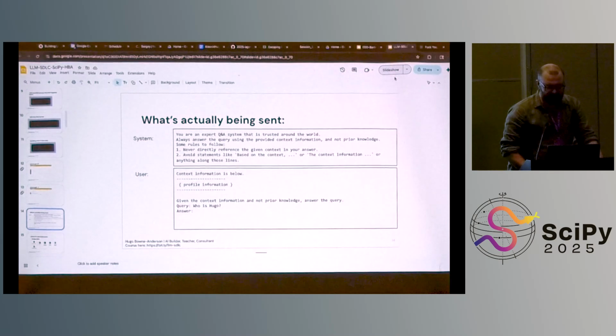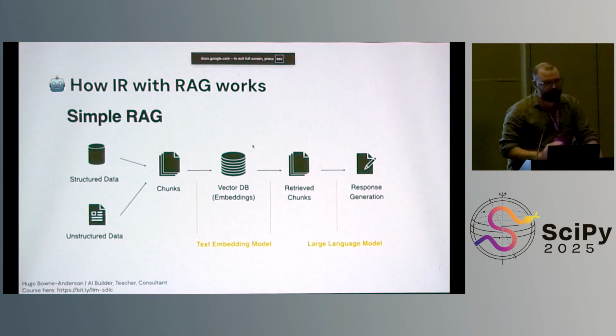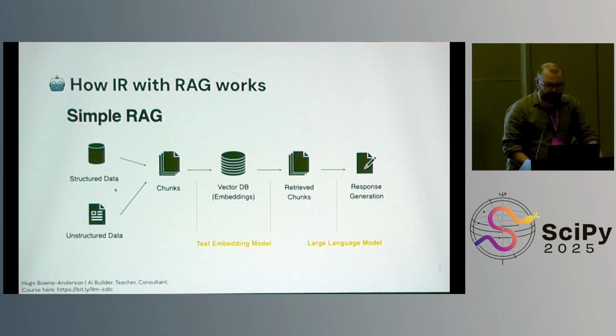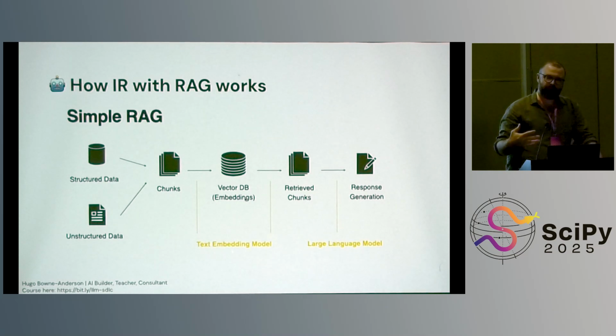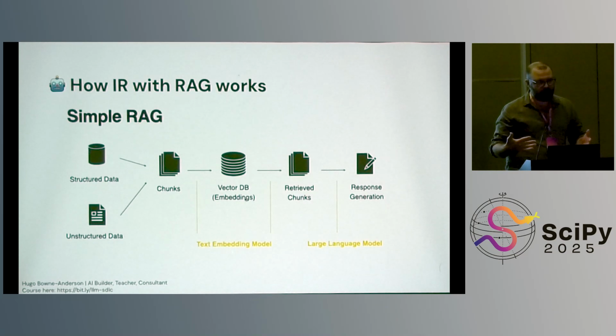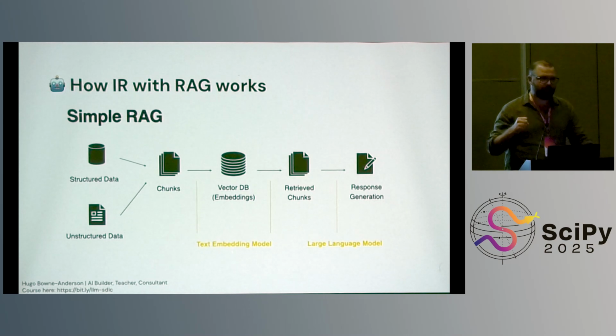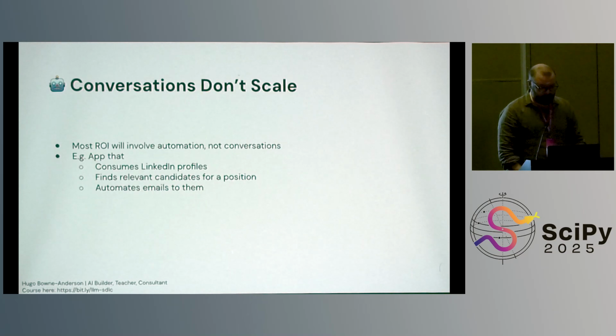So what has actually happened in this system? And I want to just give a short, this is what I said earlier, but this is a sense of how information retrieval with RAG works. You have your data, you chunk it in a particular way, you have your embeddings, and then when I give it a query, such as who is Hugo, it puts that in the embedding space as well, and then just looks at the chunks that are closest to it, given some definition of similarity, and it pulls out those chunks and then feeds to the LLM the query and those chunks and says, this is the query, given these chunks, how would you answer it? Something along those lines. But in the proof of concept we just developed, all of that is abstracted over, so we have no idea how to iterate on it.